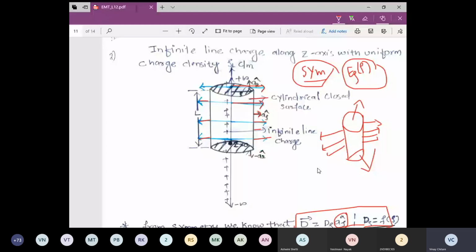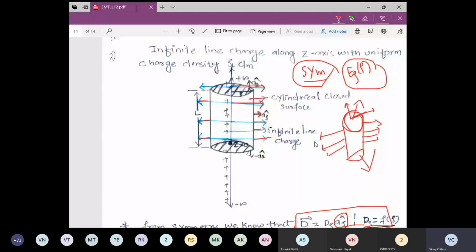Are they normal? Is the flux density normal on the top and bottom surface, or is it tangential? Tangential. Yes, that is very good. It is tangential because a unit vector normal to the top surface is in this way, that is a z hat, whereas my flux density is like this. It is actually tangential to the surface.